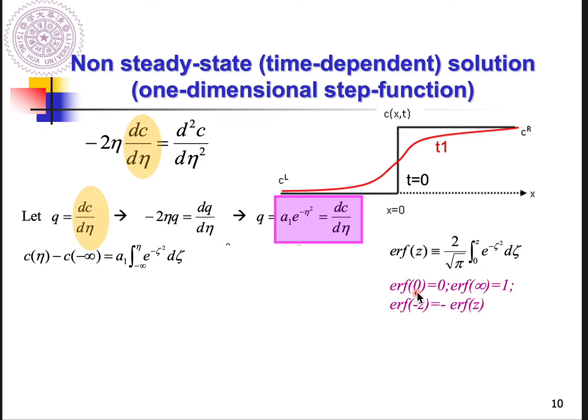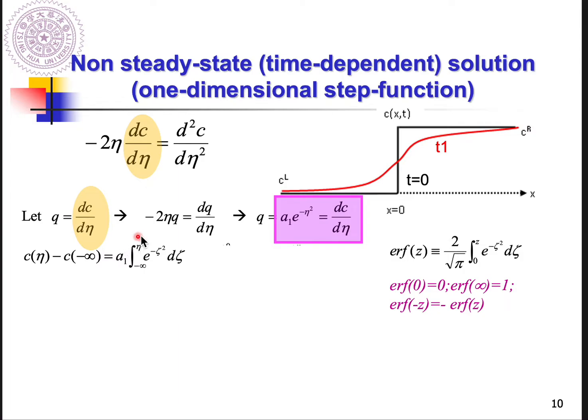Error function of 0 equals 0. Error function of infinity equals 1. So the value of the error function is between 0 and 1. And the error function is also an odd function. So the error function of negative z can be expressed as negative error function of z. So we are going to